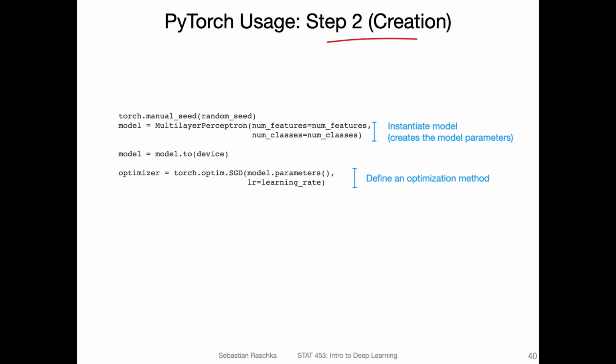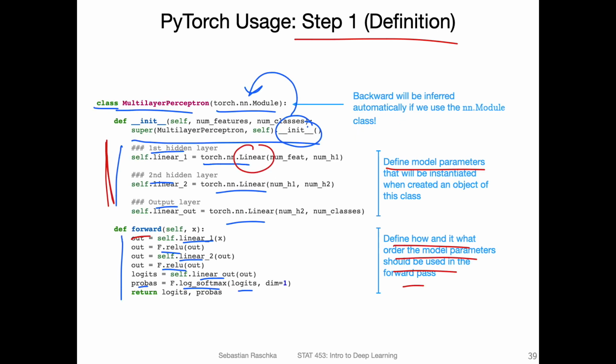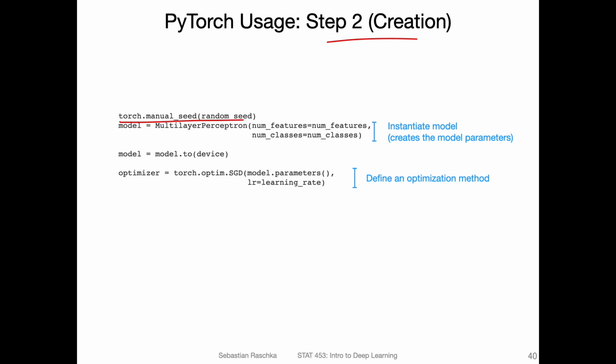So here I'm just setting my random seed, because if I go back one slide, like I mentioned in the code examples, these will be based on small random weights. Personally, I like to have my code reproducible, so I usually set a random seed before I initialize the model. So every time you run the same code, it will use the same random numbers if I use the same value for the random seed.